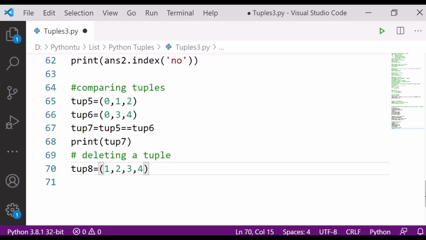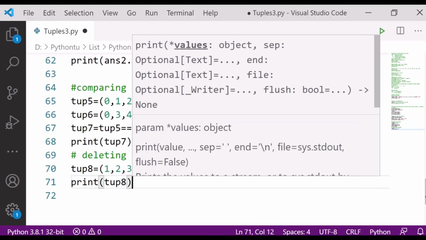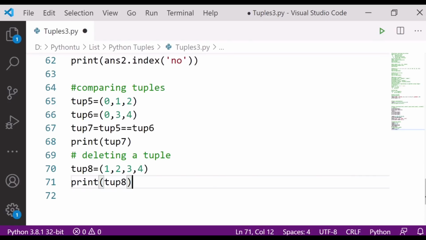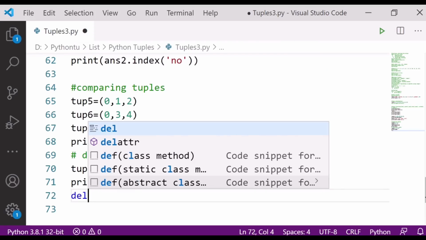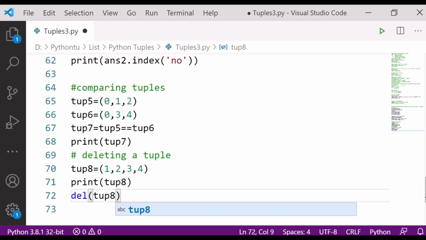First I will print tuple 8, because I would like to see my tuple. After that I will write delete tuple 8. So print, let's see.